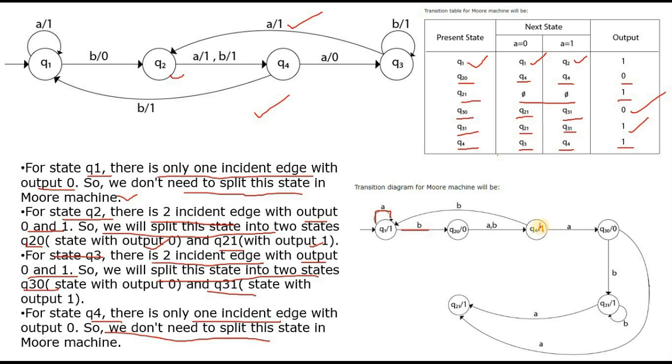So Q4 will go to Q1. But the output is 1, see, this is matched. This one I am talking about. And Q4 to Q3 0. Why Q3 0? Output 0, right? So that's why A is the input and the output is 0. And Q3 0, with output 1, it will go to Q3 1.